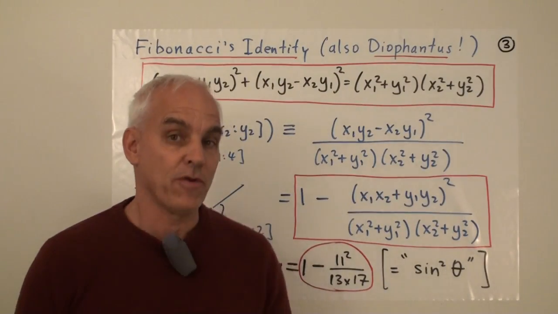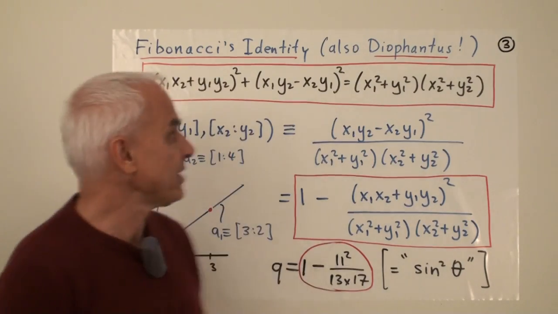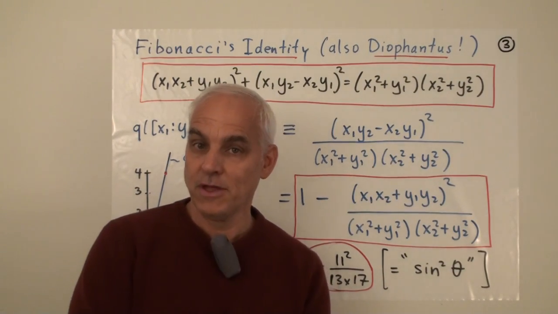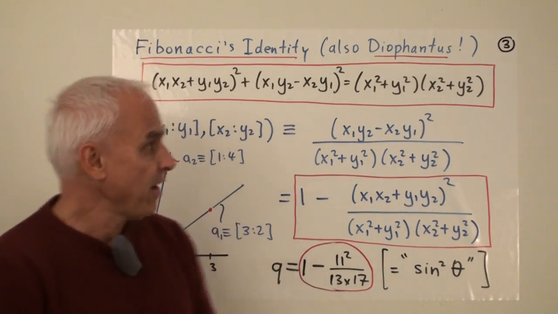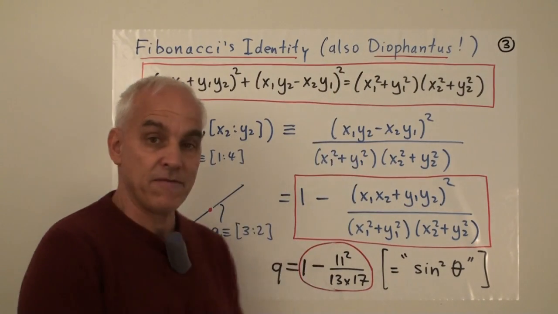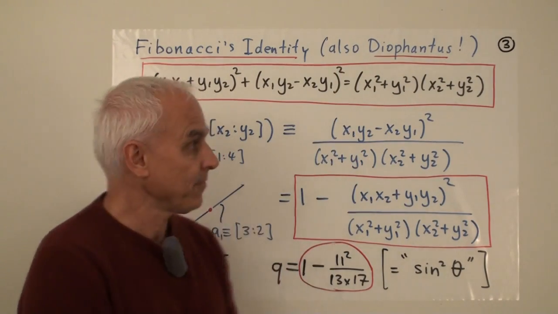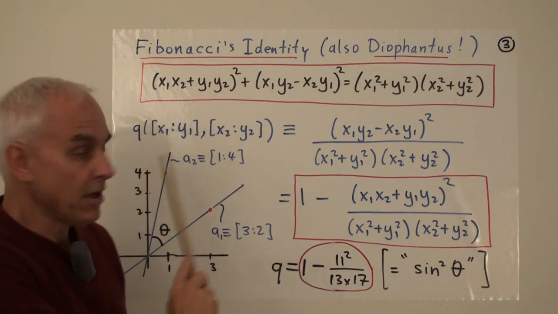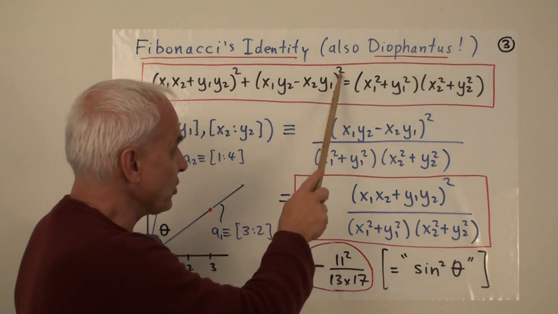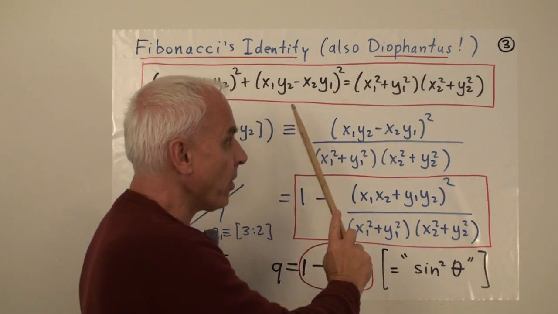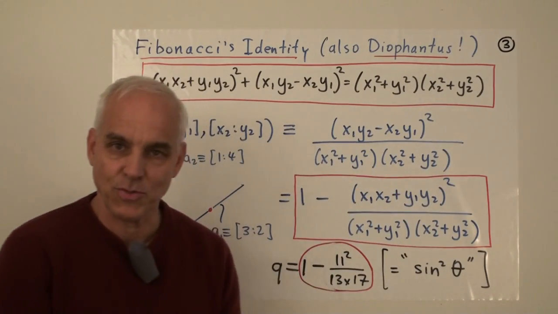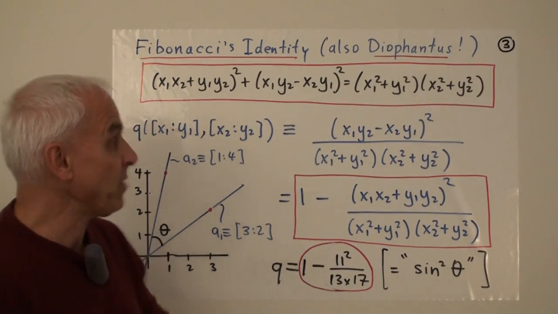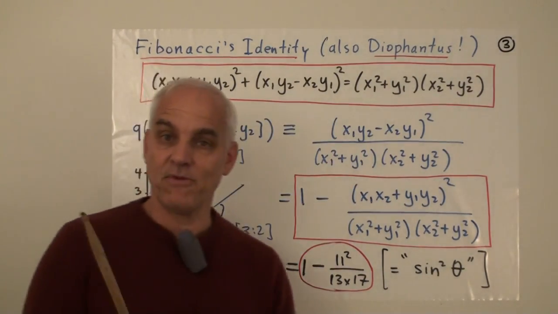The definition of the projective quadrance is closely associated to an important identity that goes back 700 or 800 years, to Fibonacci or Leonardo of Pisa. In fact, arguably it's perhaps even traceable to Diophantus, who lived a few hundred years after Christ. Here's the identity. (x1 x2 + y1 y2) squared plus (x1 y2 minus x2 y1) squared equals (x1 squared plus y1 squared) times (x2 squared plus y2 squared). So if you haven't seen this identity before, please check it for yourselves by expanding both sides and seeing that they simplify to the same thing.